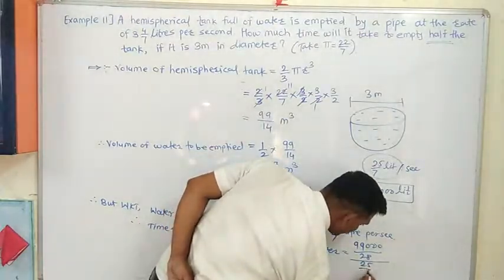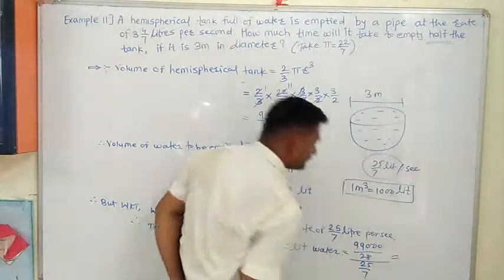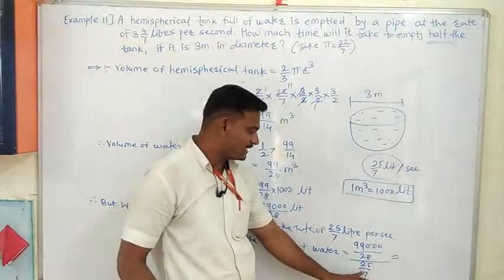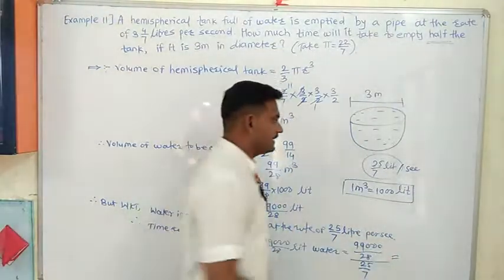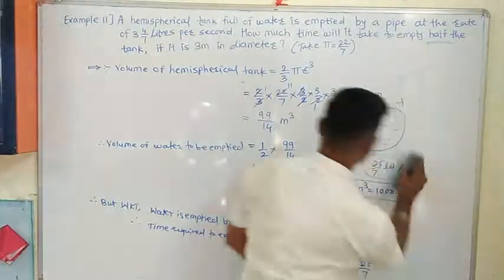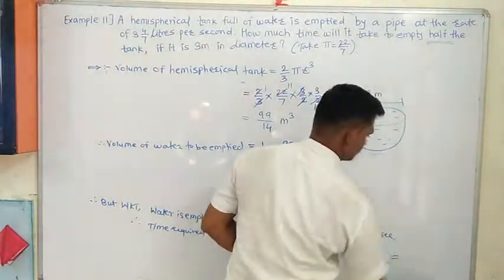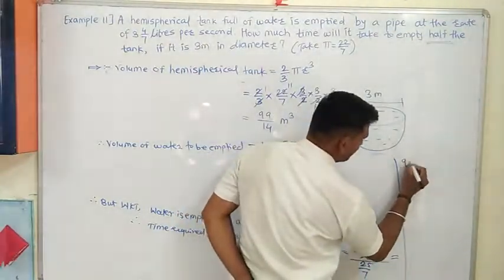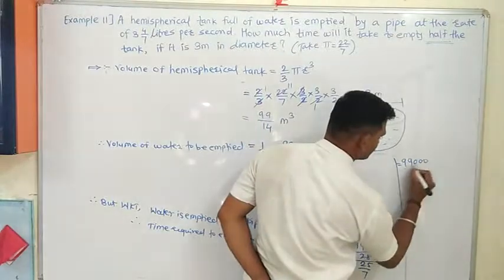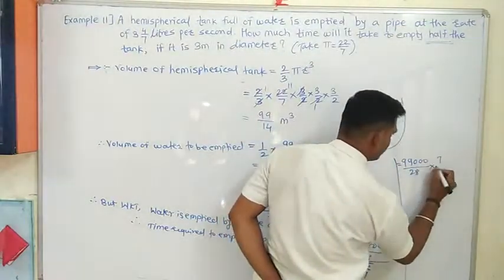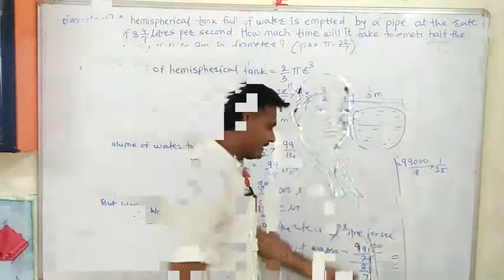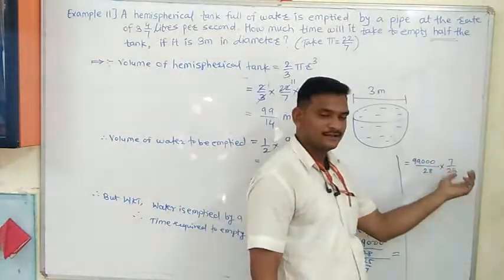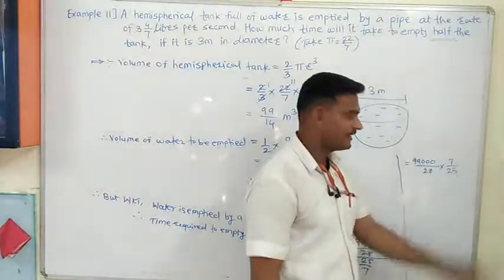Divide it by 25 by 7, which is equal to, now what we have to do? Send this 25 by 7 to the numerator. I will calculate here. Here no space is there. I will calculate here. See here. What we will get? Therefore, which is equal to 99,000 divided by 28 into 7 by 25. After taking this 25 by 7 in the numerator, we got it as a reciprocal. It is 7 by 25.